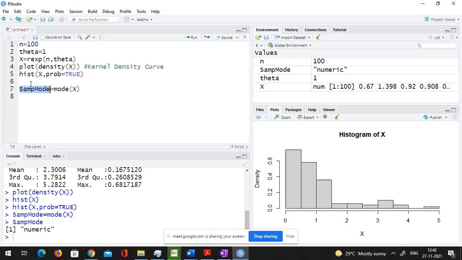So how do I compute the sample mode? Has anyone tried before? For discrete cases, we generally go for table and then find the maximum frequency. Correct. And in the continuous case?